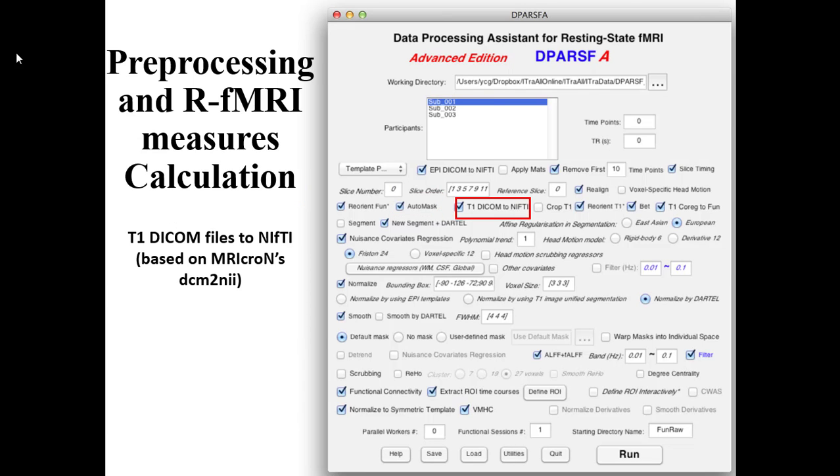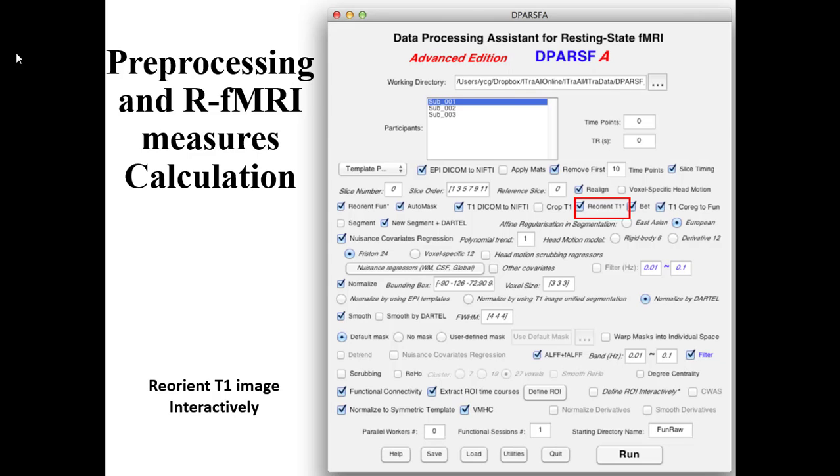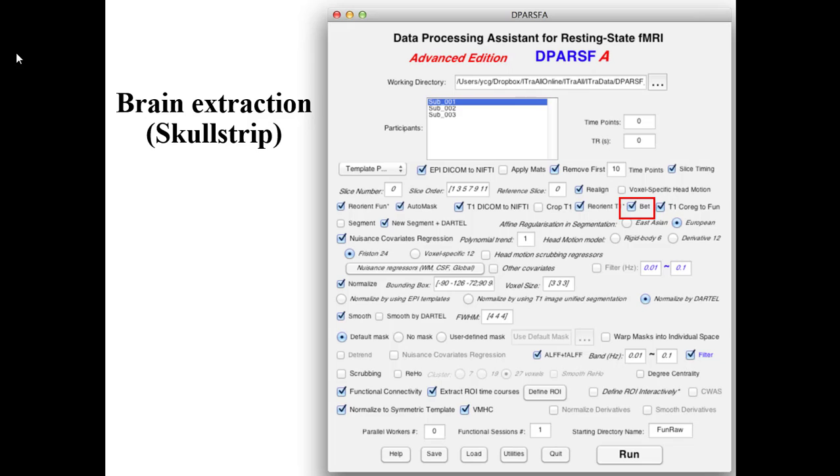And this is T1 DICOM to NIfTI. If your T1 data is in DICOM files, just click this one to convert to NIfTI. And this is just cut a knife, but usually we do not need to do that because DICOM to NIfTI automatically does that. And this is reorient T1, which we have introduced. And then this is BET. BET is brain extraction, also called skull stripping. And what